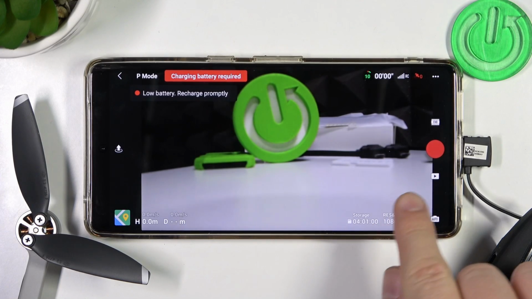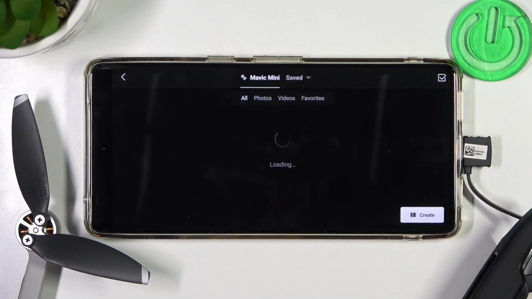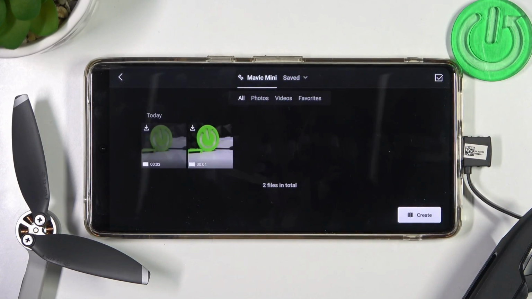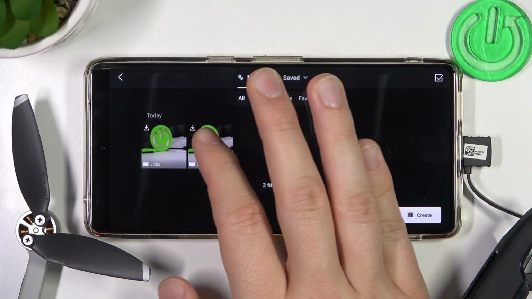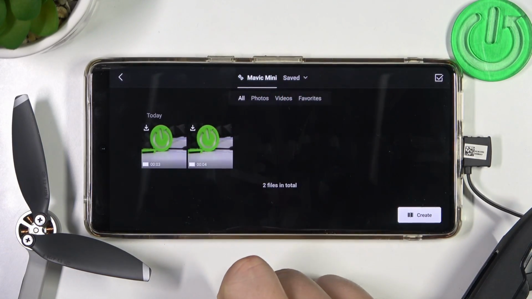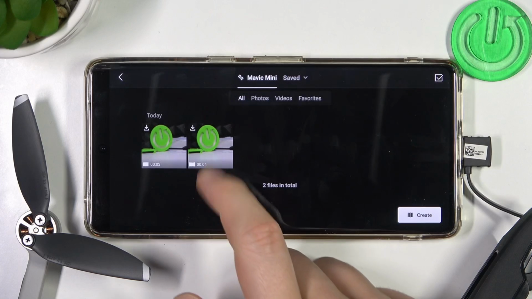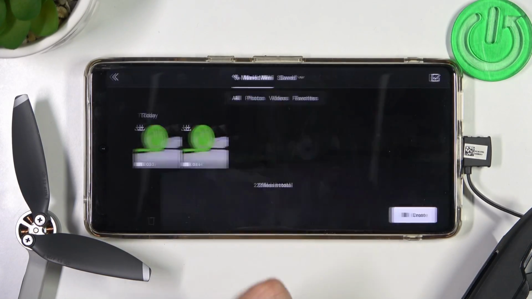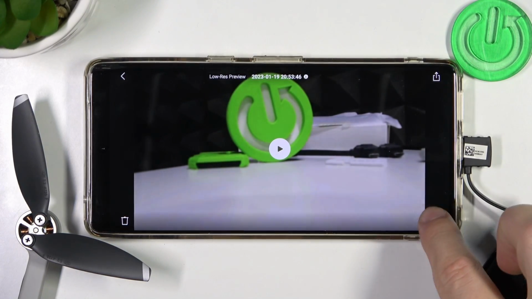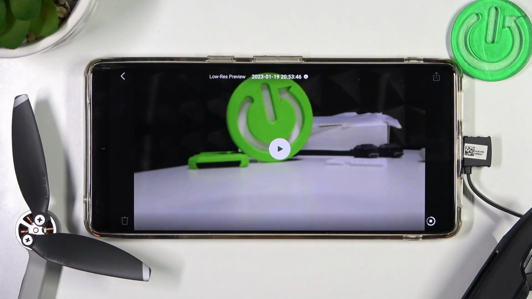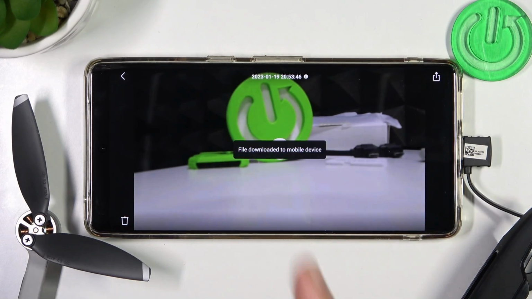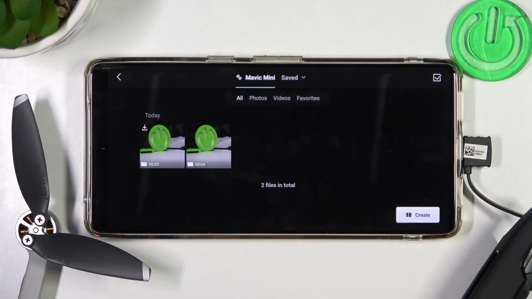Next, when you finish, you have to click on this gallery button. As you can see right here, you can find all records, and if you want to save any of them, you can just simply click on this little download button in the left upper corner of each video, but you can also open this video and click right here. As you can see, that's the download button, and after a few moments we can find this video on our